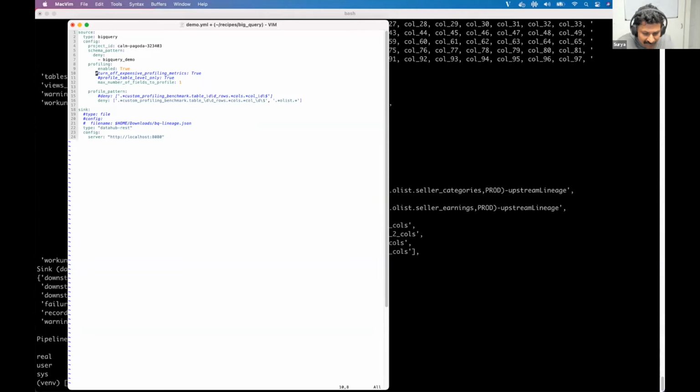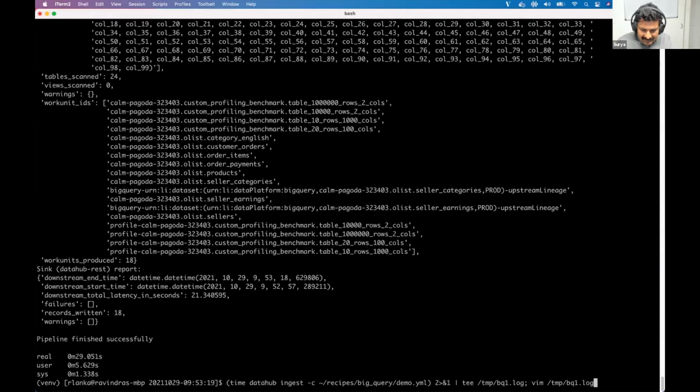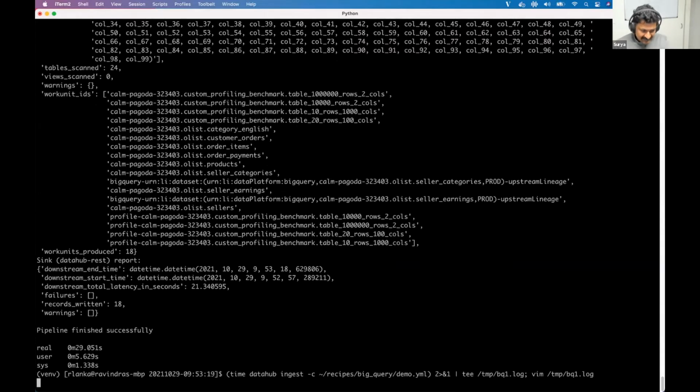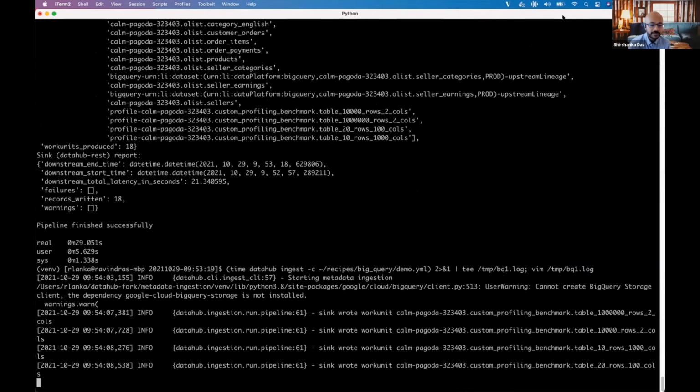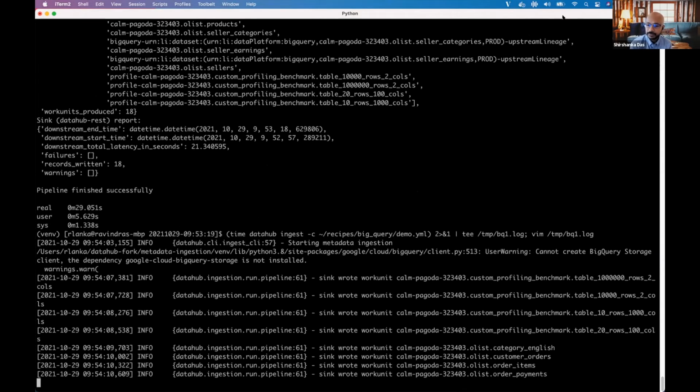Turn all, then we run the same thing. So Surya, what does turning off expensive profiling metrics do behind the scenes?